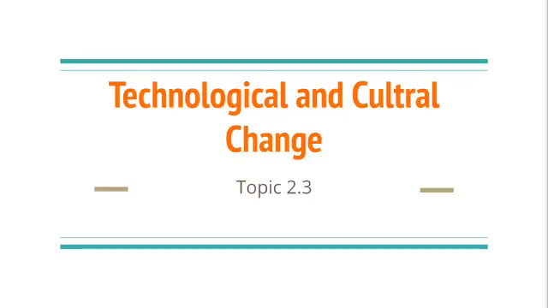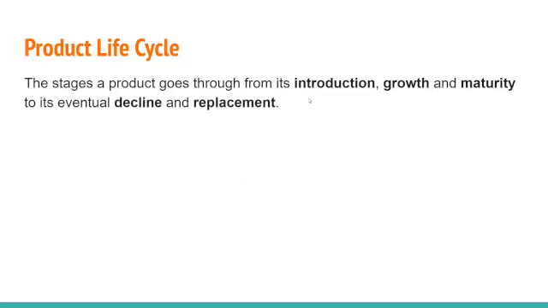All right, hello people. So we're going to talk about topic 2.3 today, which is technological and cultural change. So we're going to start out by talking about the product lifecycle. Now this comes in five stages, and this is primarily regarding the product and its sales, so its interaction with